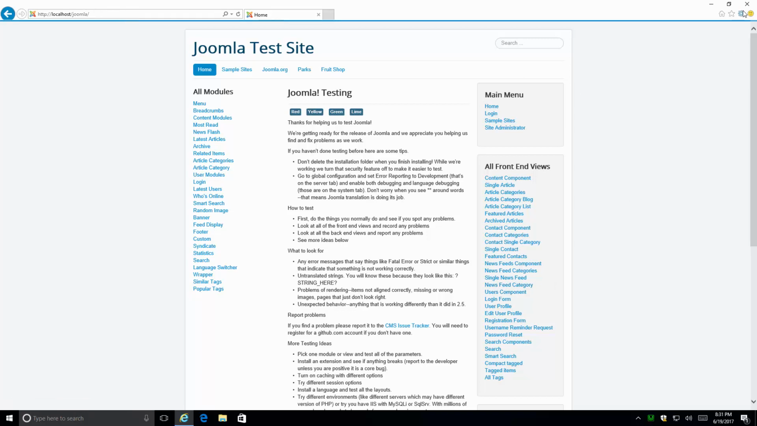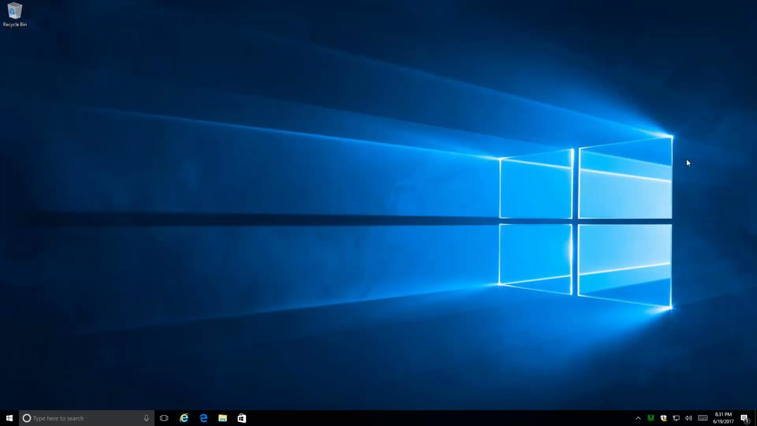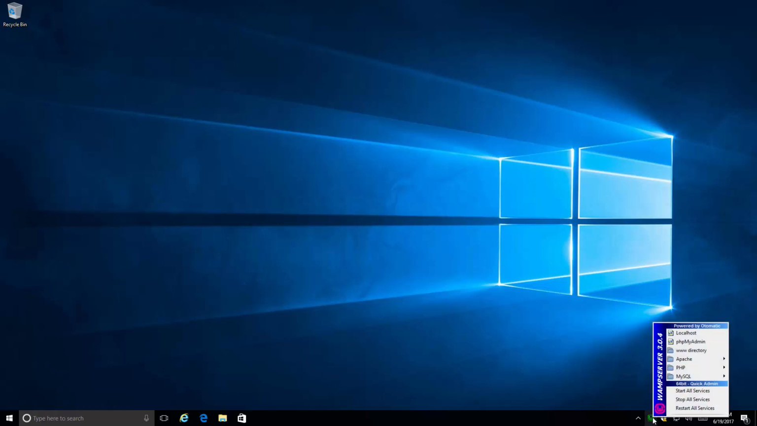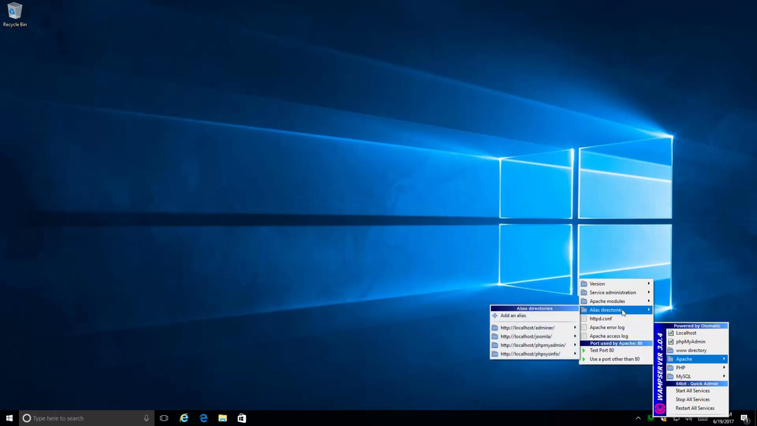Now, let's say that you've already completed your project, you've moved your project online and no longer need it, or for whatever reason you don't need this alias anymore. You simply go back to Wamp Server, left click, go to Apache, go to alias directories. You're going to locate the alias that you created. In my case, it's localhost Joomla. I'm going to click on the option of suppress alias,